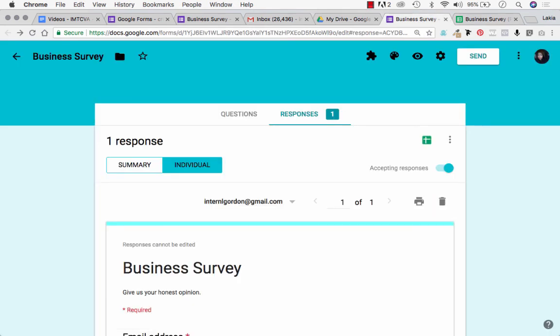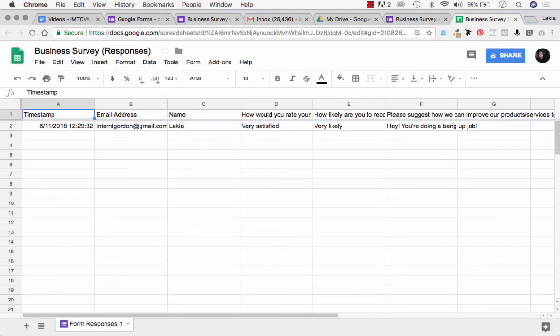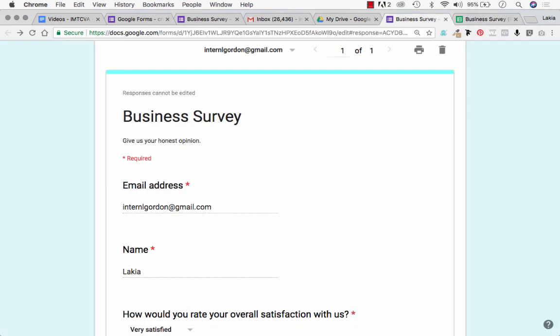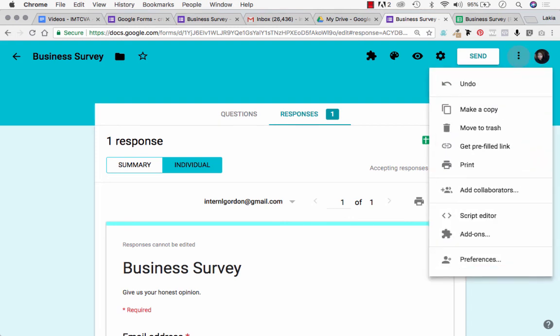And because you've already done it once, every time somebody fills something out, you can go here as well and check out what they said. If you're a visual person and want to see all of it together, you can do that as well. But that's pretty much it. You can create a form, survey, quiz, anything in this, and it's so awesome, so convenient. And one thing that you can do, if you wanted to create something else,